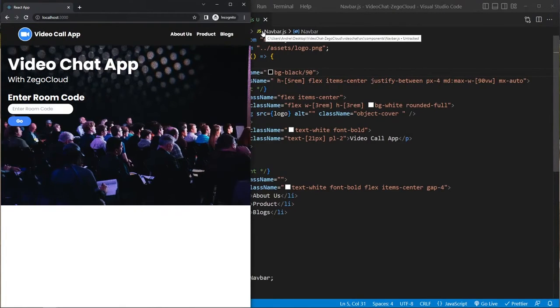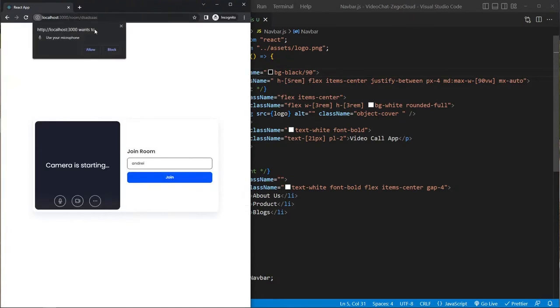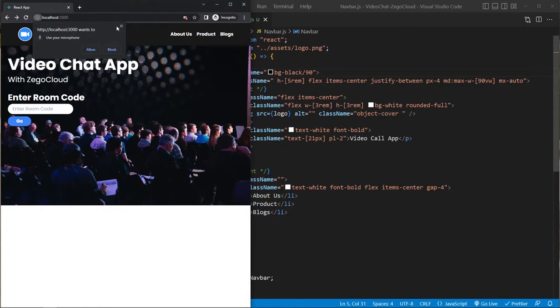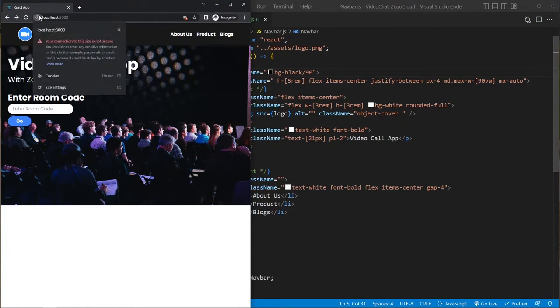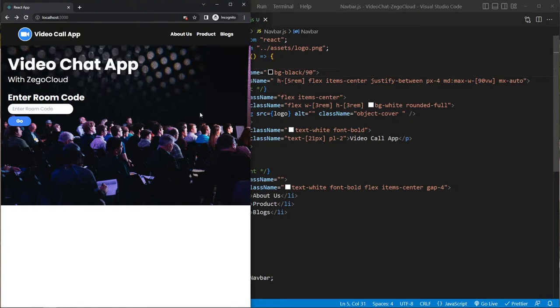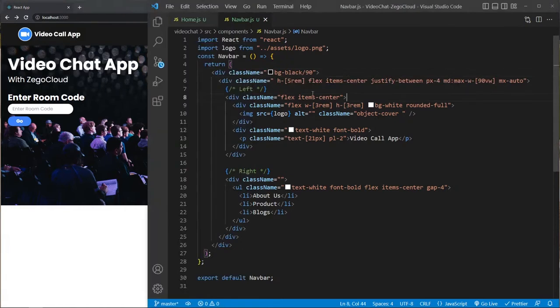Now, what else? What else can we do? Room code, I can paste it, and when you type it in, we go to the ZEGOCLOUD application. Perfect. Camera starting. Now let's go back. X. Nice. Yeah, I know. So video chat app, I'll copy this, BG black no,